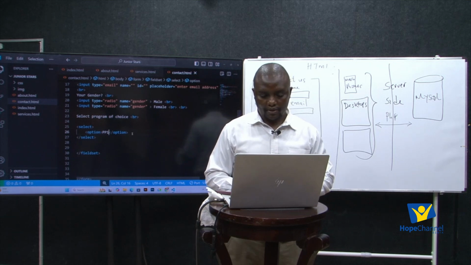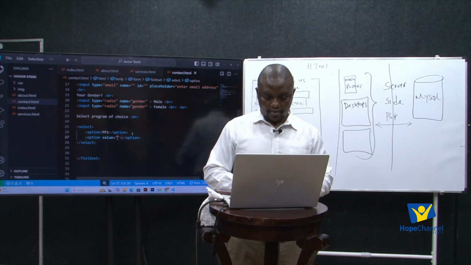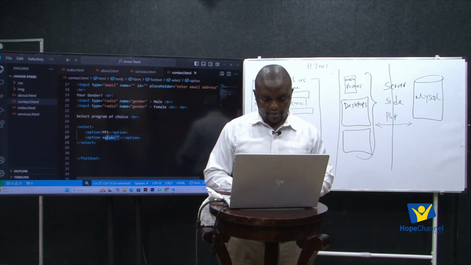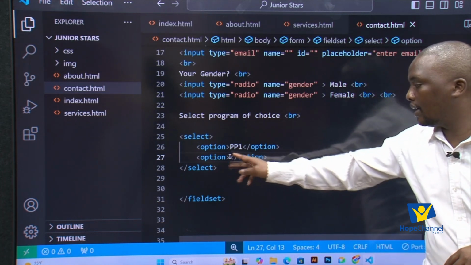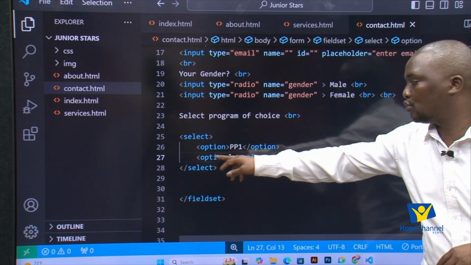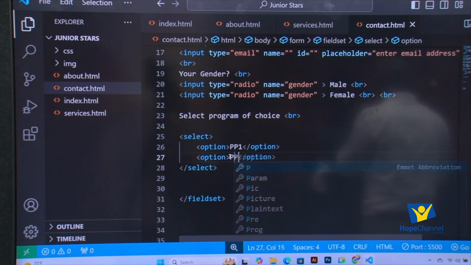Another option, leave alone the value attribute. We may not need this for now. You can choose to ignore it, or you leave it, or you have it with you. The most important thing is the item that you are typing in between the two options, because that is what the user will see. The users will not see the value part. So PP1, PP2,